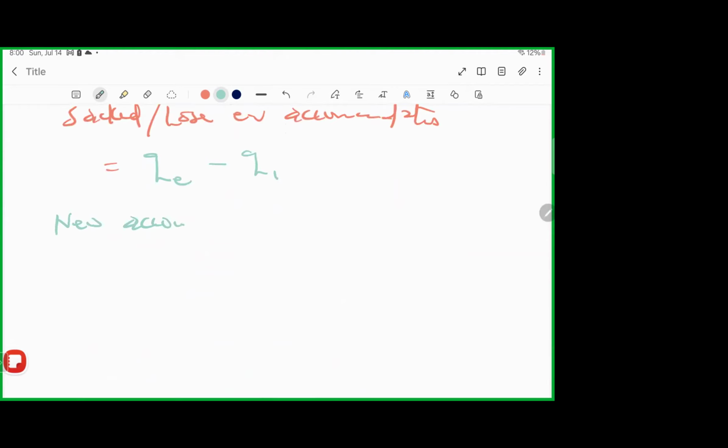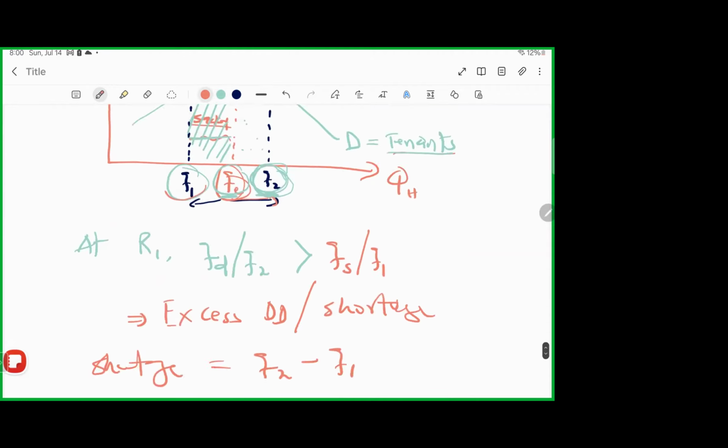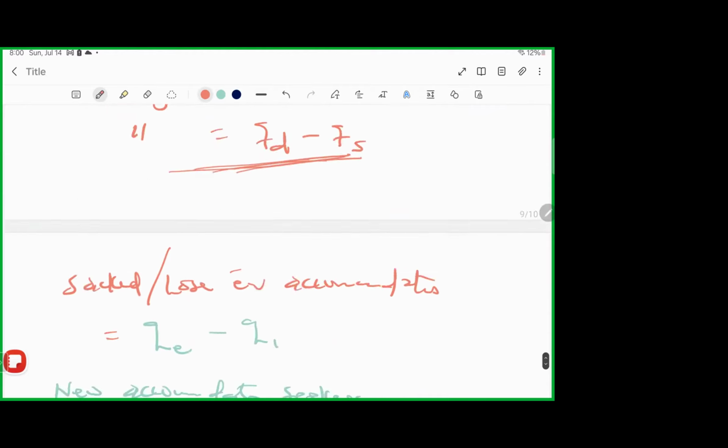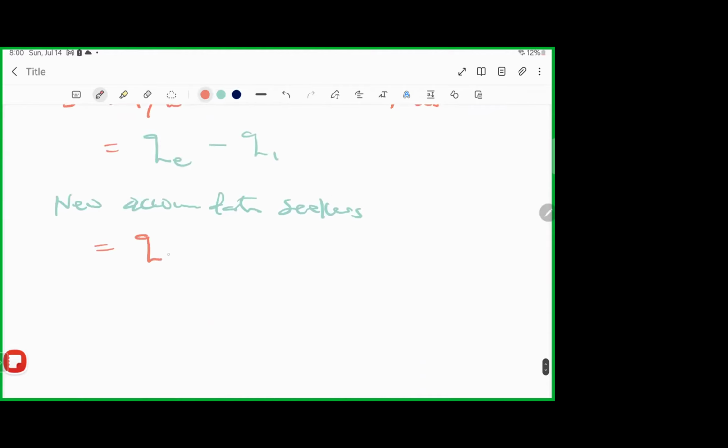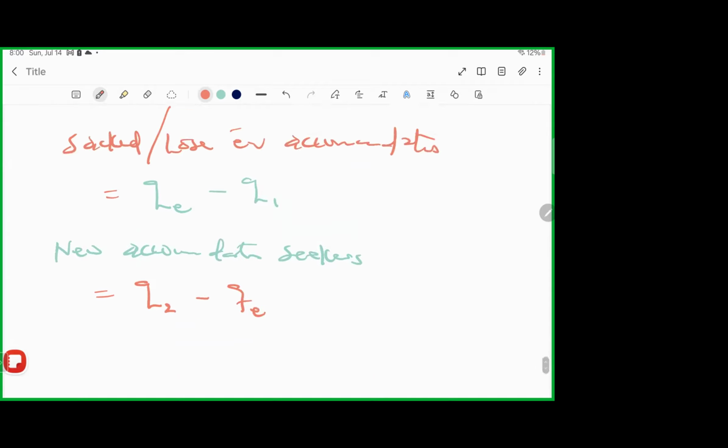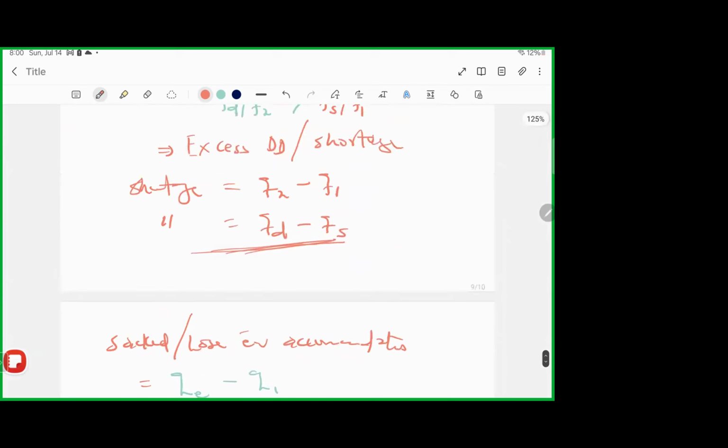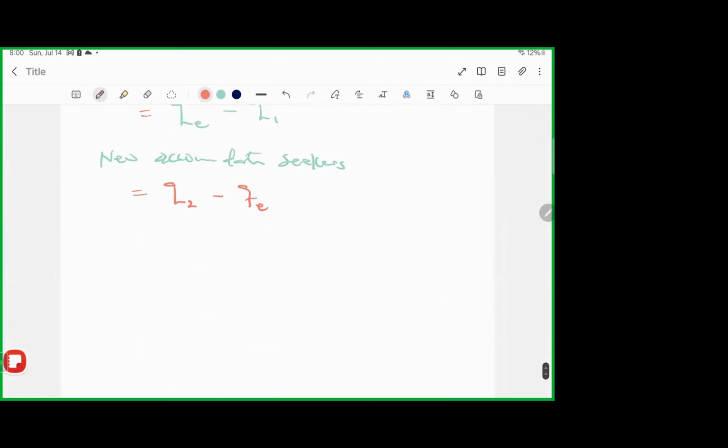So those who are new accommodation seekers, those who were previously staying with their relatives or friends, okay? So the new accommodation seekers would be what? Q2, as you can see, minus QE. Q2, as we can see, minus what? Minus QE. So you see the amount of shortage in the system,